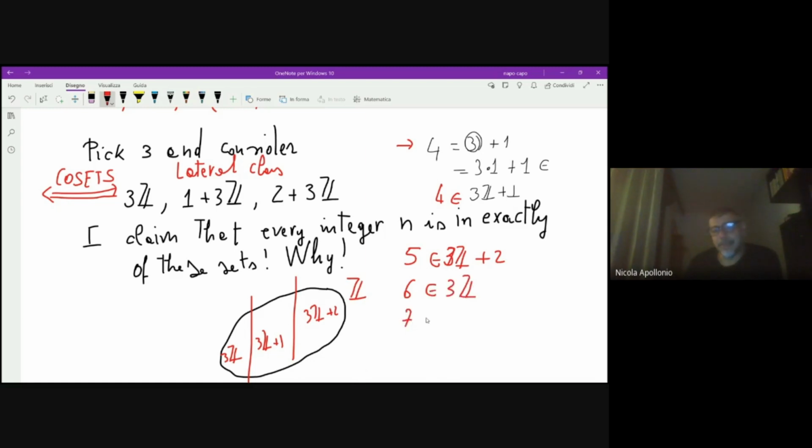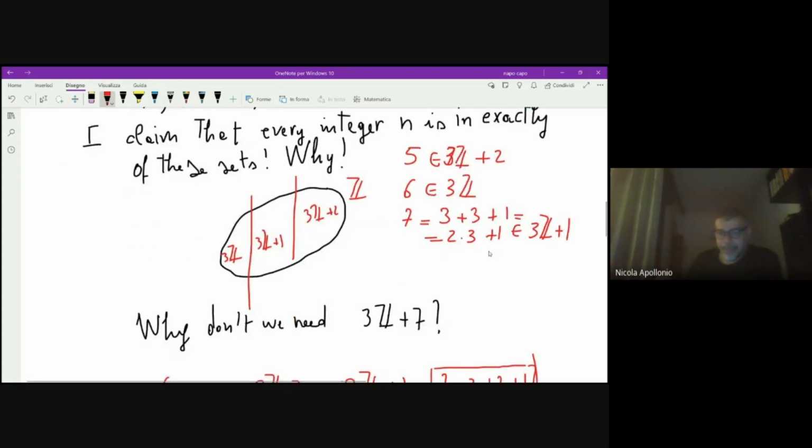And 7? 7 can be written as 2 times 3 plus 1. This is a multiple of 3, and this is 1. So this belongs to 3Z plus 1. And 8,